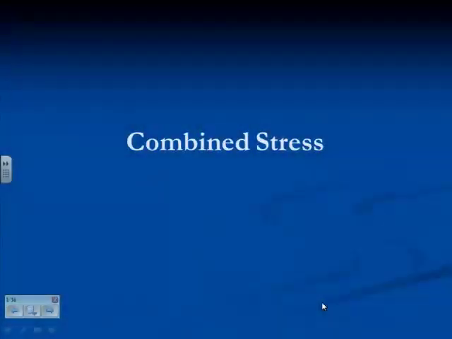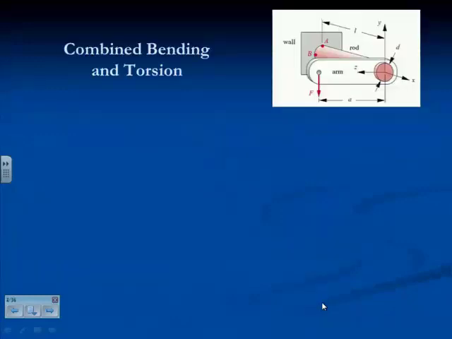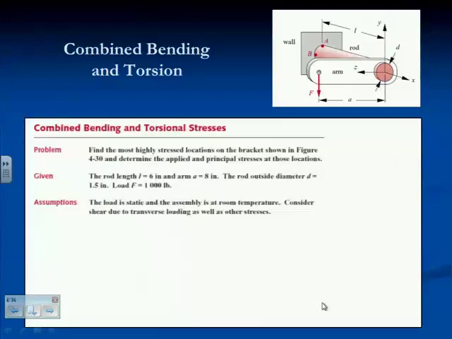And the first topic I'm going to take up is that of combined stress. This is a very common situation in machine design. It's where I have, at a given point, a given stress cube, more than one type of stress occurring on the cube. So this is an example out of the text, so you don't have to do a lot of scribbling. You can refer to this in the text. I cut the number off, so I don't remember what number it is, but it's